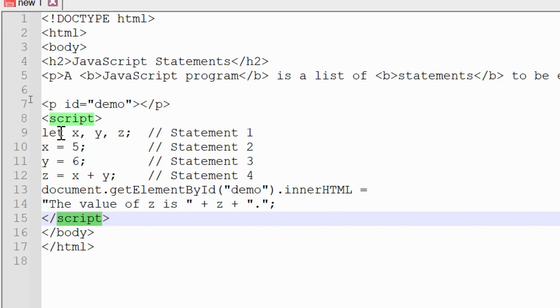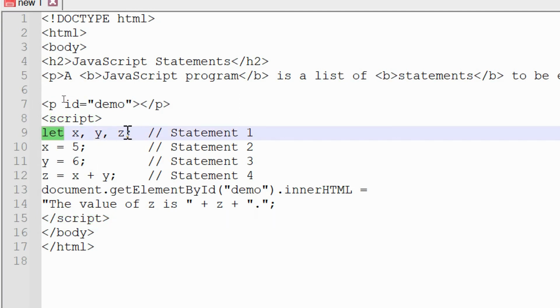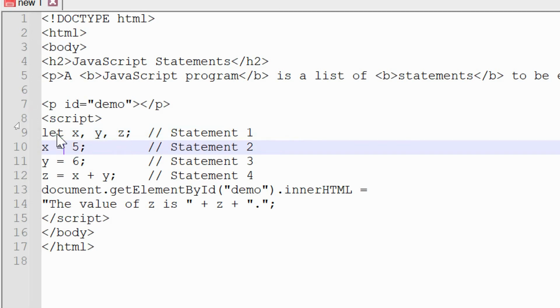Here we are declaring three variables, x, y and z, and we have not initialized their values, we have just given variable names. let is used for declaring variables, and its scope is block scope. We will discuss it in detail in the future.